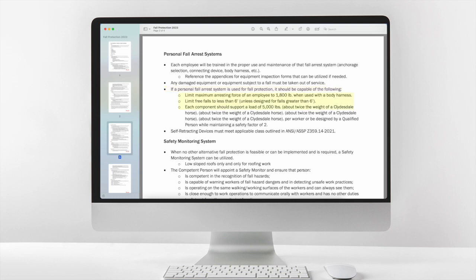Limit maximum arresting force of an employee to 1,800 lb when used with a body harness. Limit free falls to less than 6 feet, unless designed for falls greater than 6 feet. Each component should support a load of 5,000 pounds,